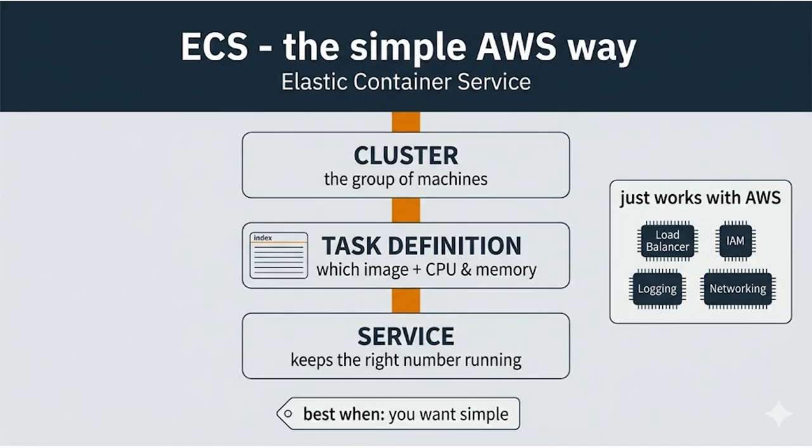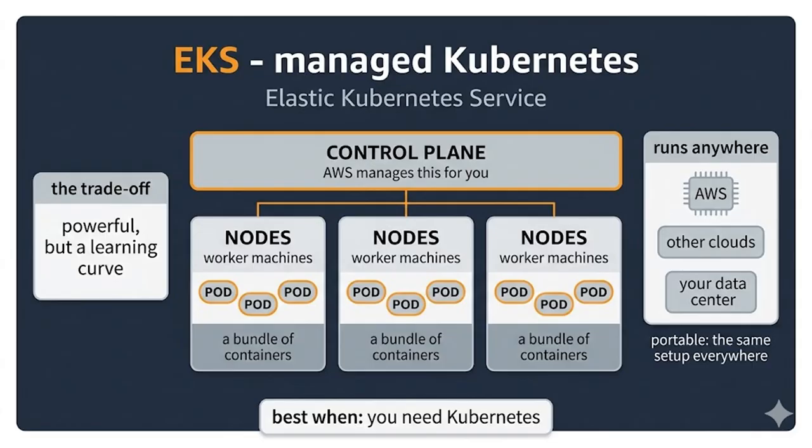And ECS is deeply woven into AWS. Load balancers, IAM, networking, logging all just work out of the box, so there's far less to learn than the alternative, if you're an AWS-centered team. The second orchestrator is EKS, the Elastic Kubernetes Service, and it's AWS's managed version of